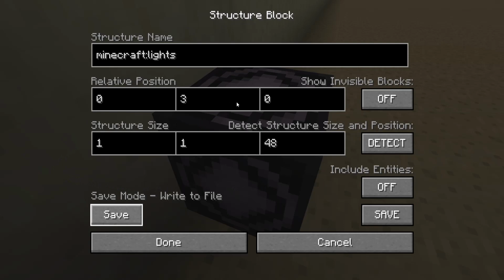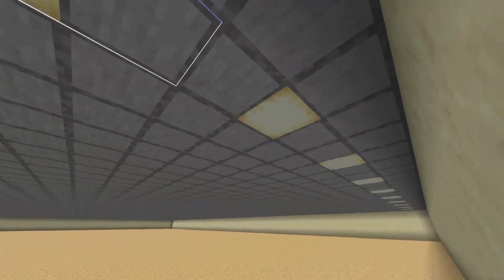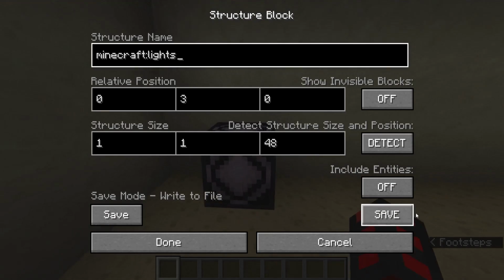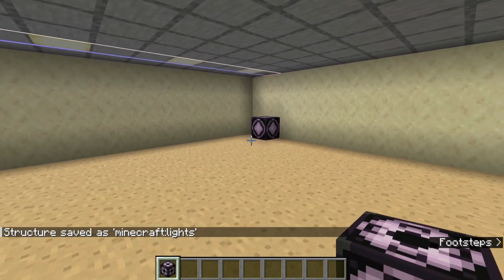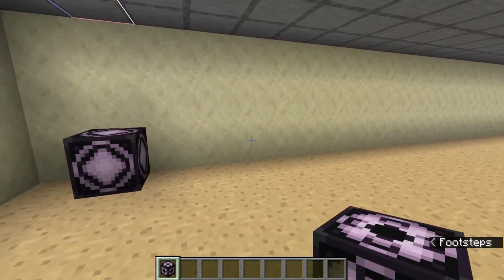Relative position 3, the structure should be 1 block tall, and then depending on what axis you're building this on, one of these will be 1, the other one will be 48. If done right, you'll have this bounding box that stretches a good portion across your ceiling. And what you do from there is you click save on it in all caps, and then you grab yourself another using control click, or if you're on Bedrock on controller, I'm not entirely sure how you do that one,